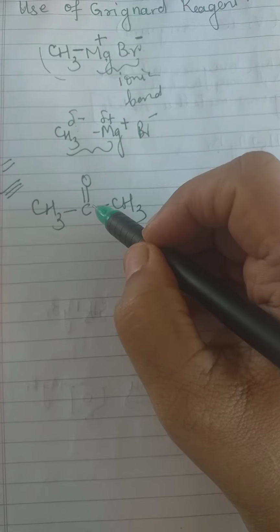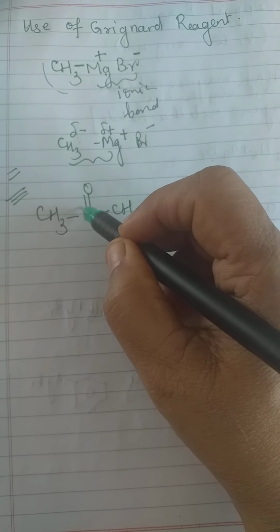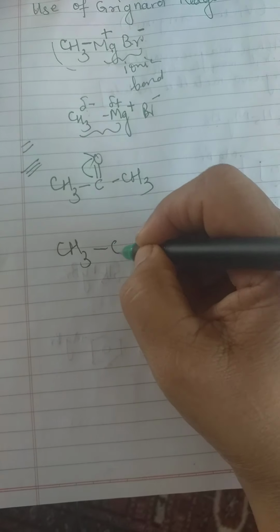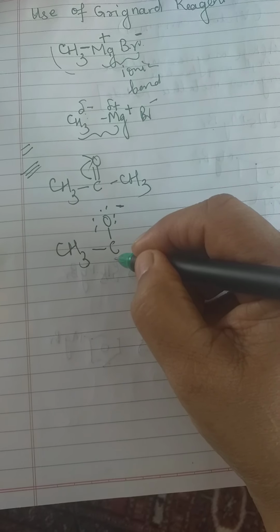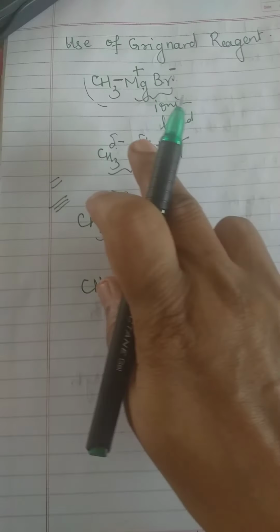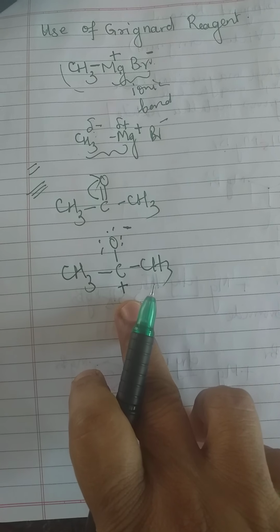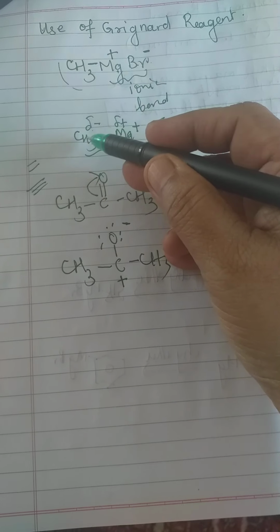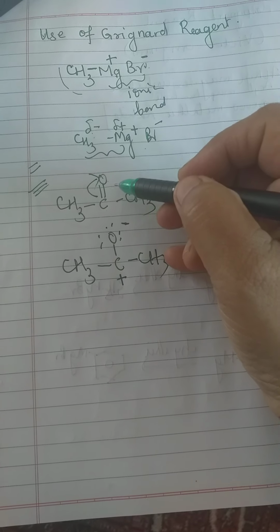Now you see here carbon oxygen के बीच में, it's a highly polar bond. This pi electron can shift towards oxygen. So what will you have? CH3CO with a negative charge, and this carbon acquires a positive charge, and CH3. Can you now see that this alkyl magnesium halide can attack this carbon? So addition takes place across the double bond, यानी ये double bond के across addition होता है. CH3 will go to this carbon and MgBr will add here, because oxygen is negative, positive Mg will add here.